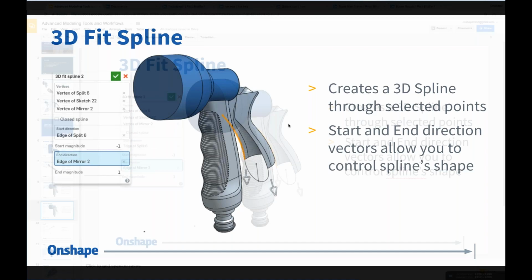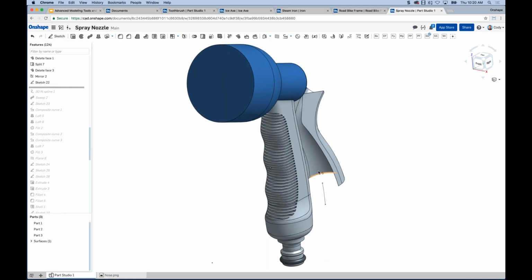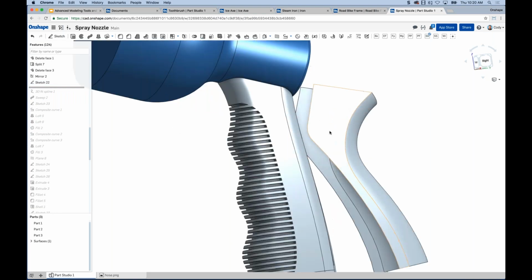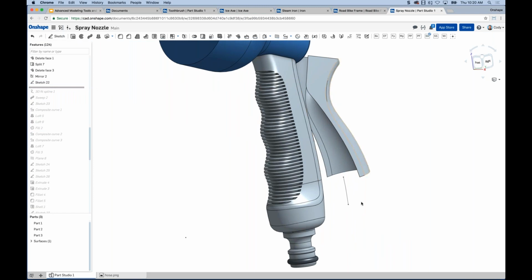We're going to jump back into that spray nozzle here, and I just want to roll up a bit in the design of the handle. You can see we have the general shape of the handle already created, but we don't have that bottom radius piece. And what we really want to do is create that radius, or that round section here, with a 3D fit spline, and then loft to close things up, right? So